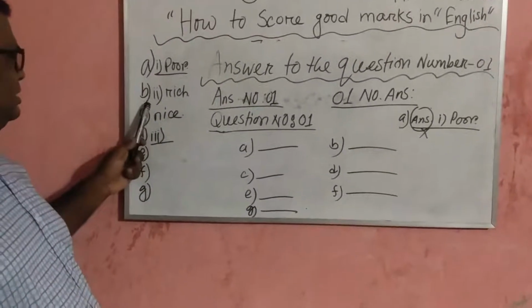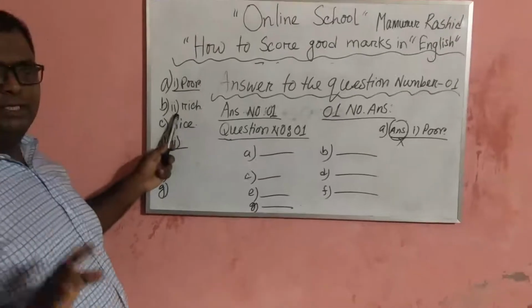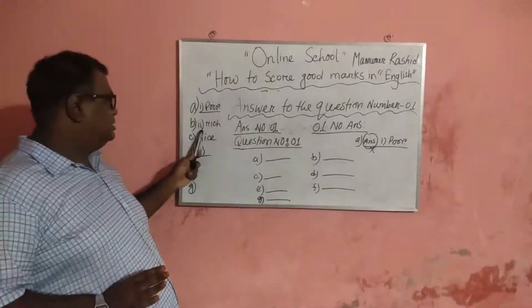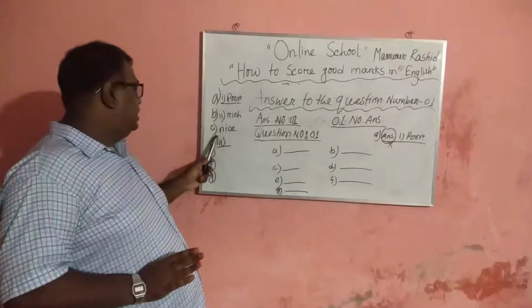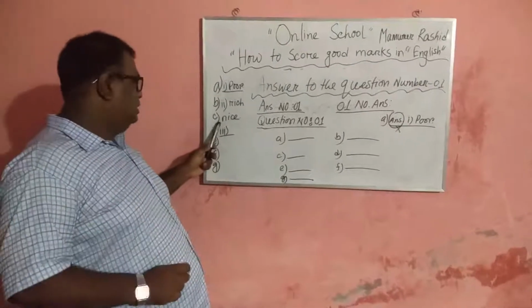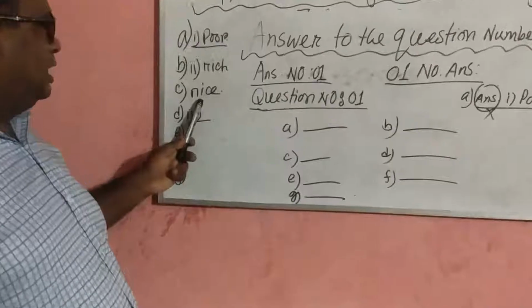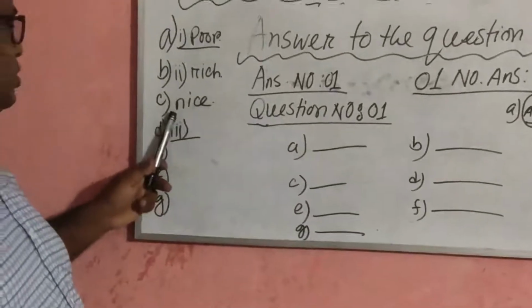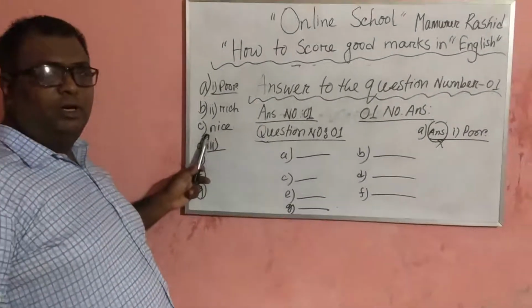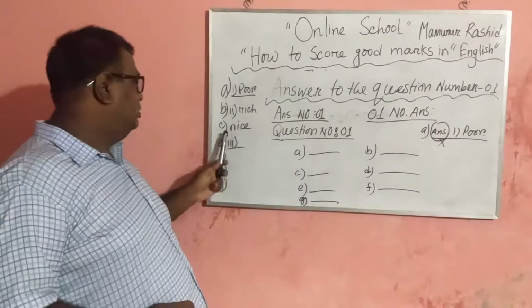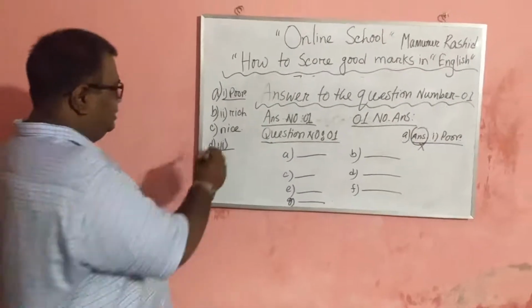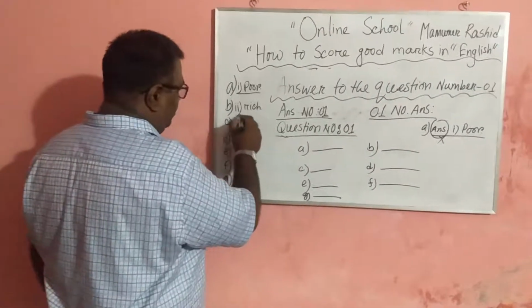And then like this: B. Suppose the answer of the question may be 2, reach. And here, look, in C, I only write nice. I don't mention the Roman number of the word. Okay, look, if you write only the word, you may